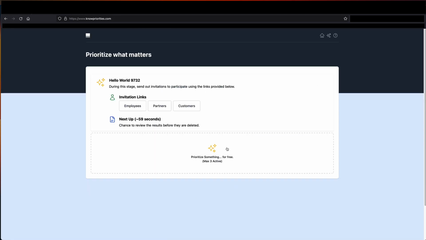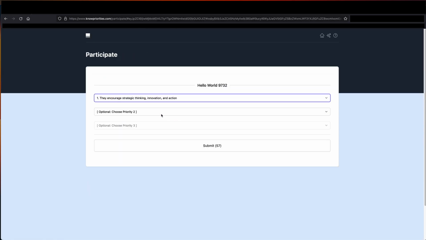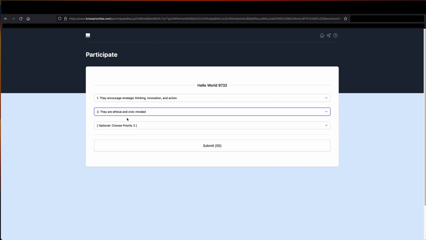Same exact setup. Now I'm going to go in here while this is happening. I'm going to just randomly pick a couple things. The only one that's actually required is the first one, because from a priority list standpoint, it's only number one that's required. If you have a number two priority, number one is still required. So it's one and two, one and two, one, two, and three. So this is basically what someone would see. It's very slimmed down. There's not much to it. Yes, there's only three options to pick, but